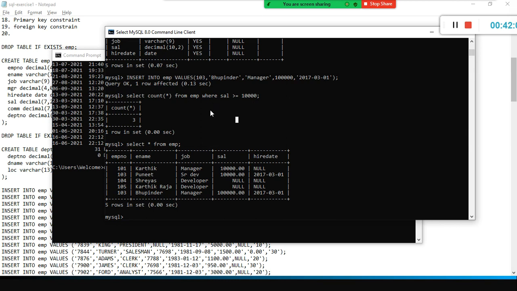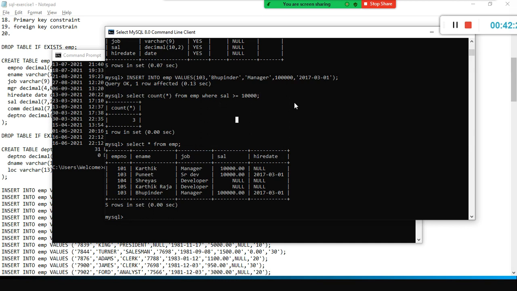Select count star, and somebody is asking how many employees are getting more than 10,000 salary. You can also add another condition, like how many employees, especially those who are managers, have a salary of more than 10,000.